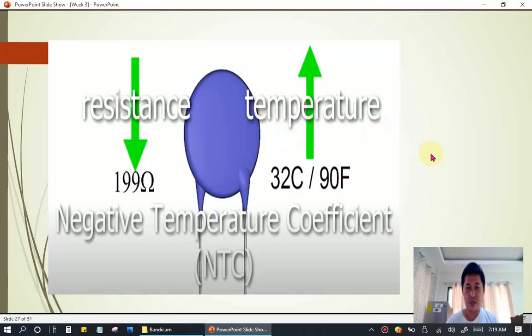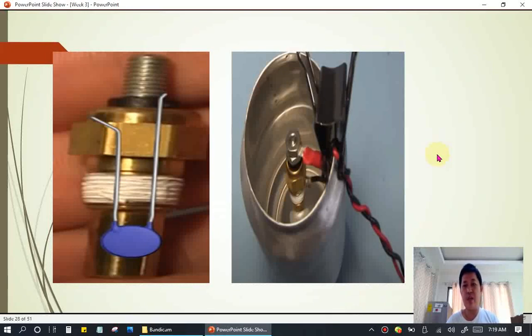Next, we have here the experiment. What is inside this sensor? This cooling water sensor has a thermistor, as you can see here. One terminal is connected to the body, and one terminal is connected to your thermistor. It is submerged here in the water. As you can see, this is water inside. We put here the temperature. Now the temperature is 20 degrees Celsius.